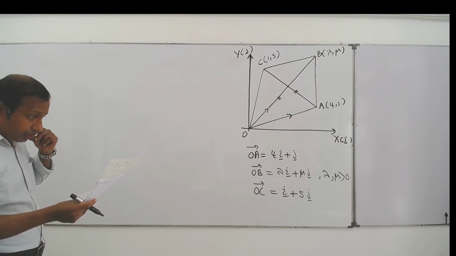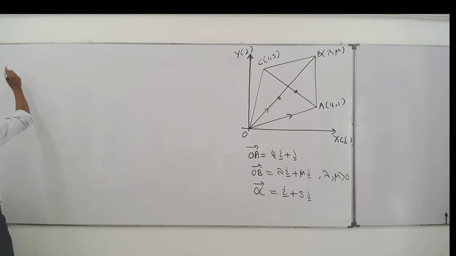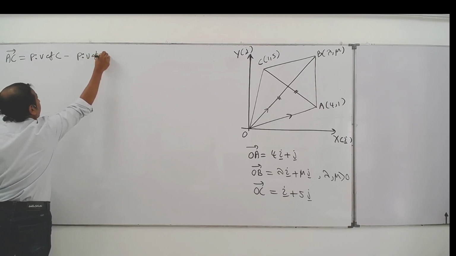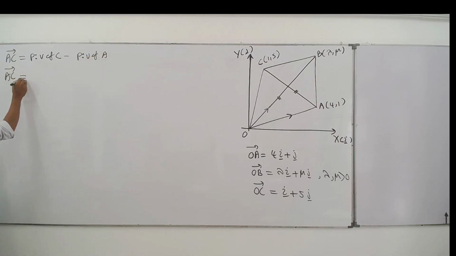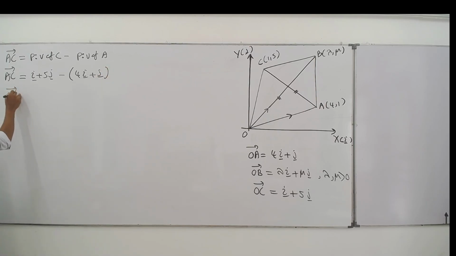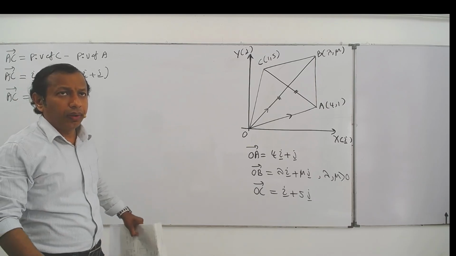Write down AC in terms of i and j, AC vector. Right. How to write AC vector? You can write the position vector of C, the second letter, minus the position vector of A. Position vector of C means i plus 5j, minus the position vector of A, i plus 4j. Then AC vector is i minus i, minus 3i plus... sorry, AC is minus 3i... wait, 4j. Right. And next one,